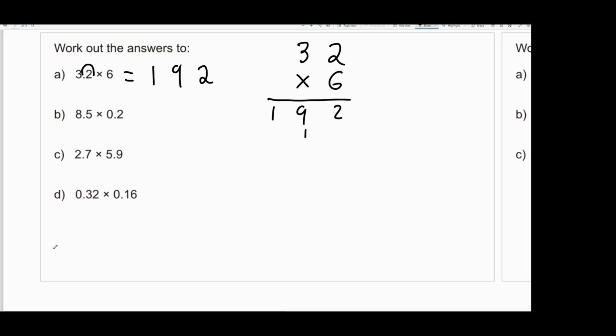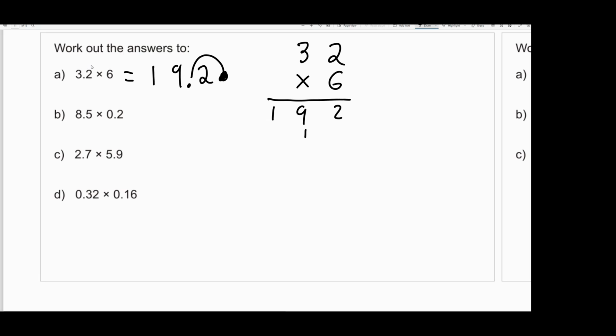It's not quite 1.92. Have another think about that, because the decimal in the answer is here. How many places does it have to go back? There's only one decimal place in the question. How many times does the decimal have to go back in the answer? It's just going to go back once, so we get